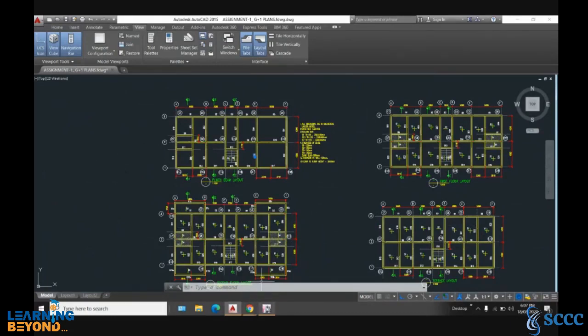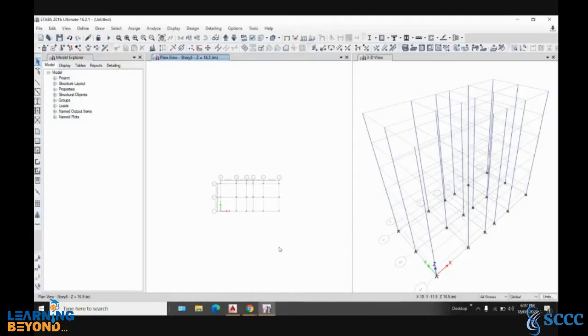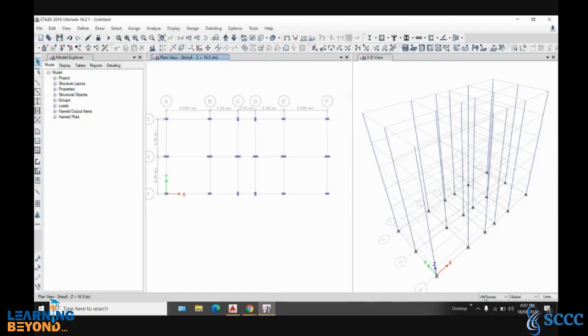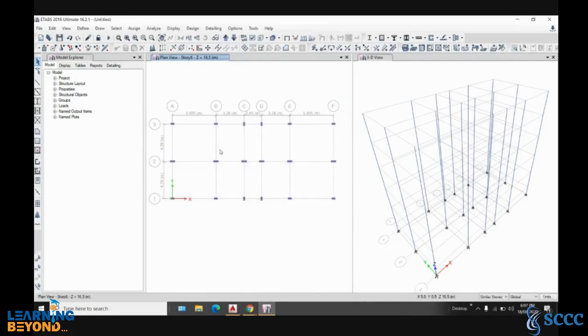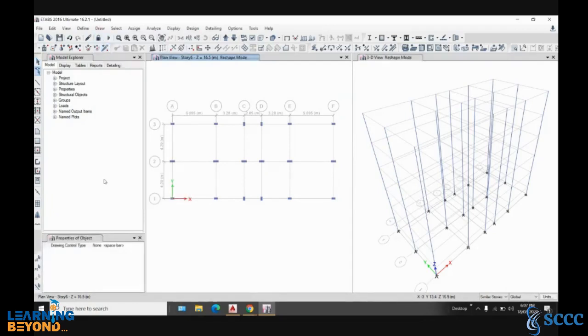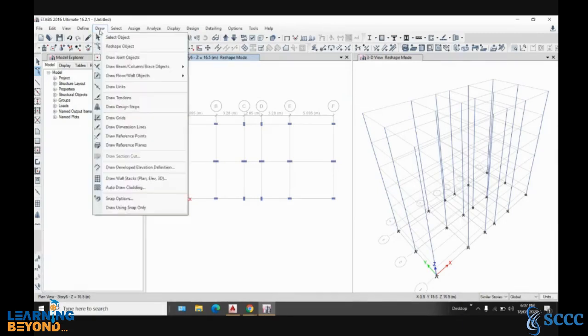So what I will do, I will go to similar option, and in similar option, now I want to draw the beams. For that I have to go to draw.